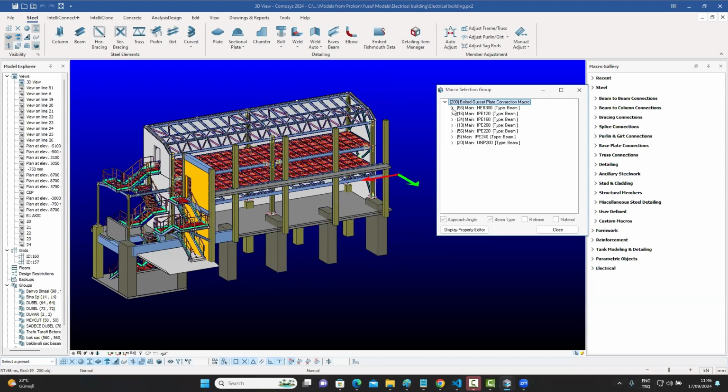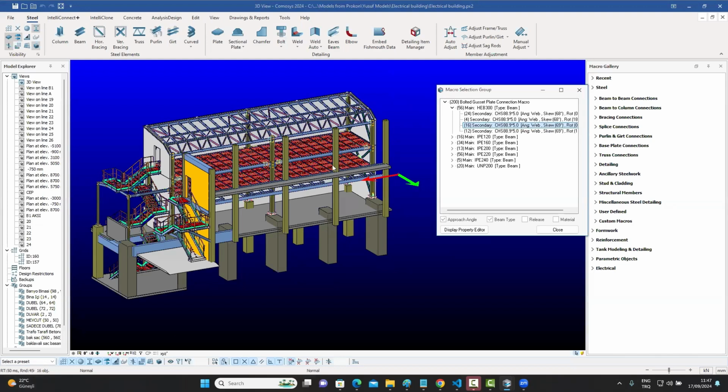Let me open the ones which are HEB 300. And when I open that, it tells me that within that, there are 4 different secondaries with different approach angles, slightly different approach angles. So I can go and modify the entire lot, or let me just, for example, select this particular one, the 16 one, 16 secondaries. And if I say display the property editor for this, so before I do that, let me see which ones these are. These are the 16, which is showing me over here, with the main being HEB 300 and the secondary being